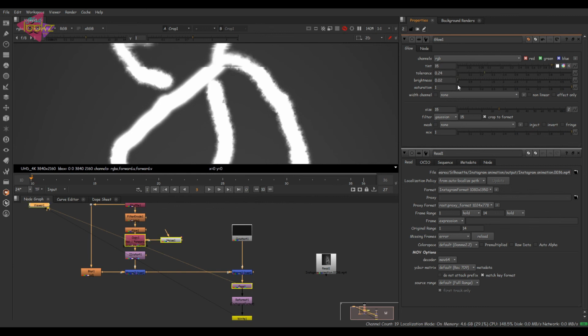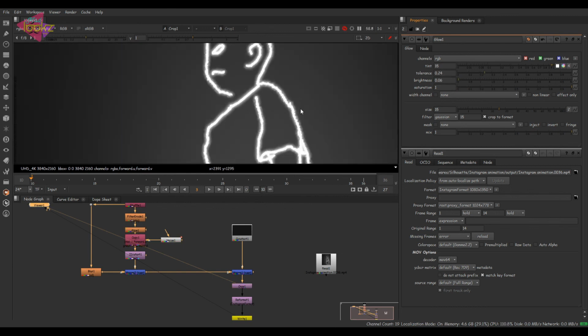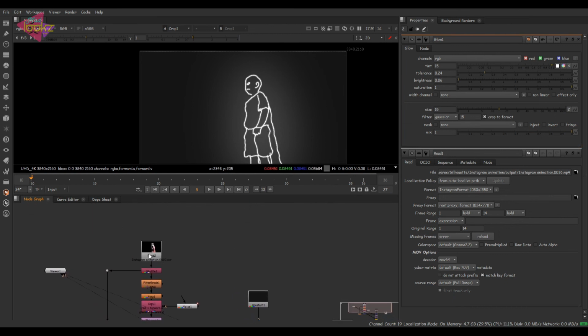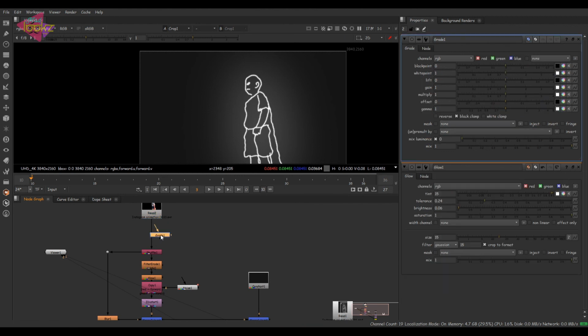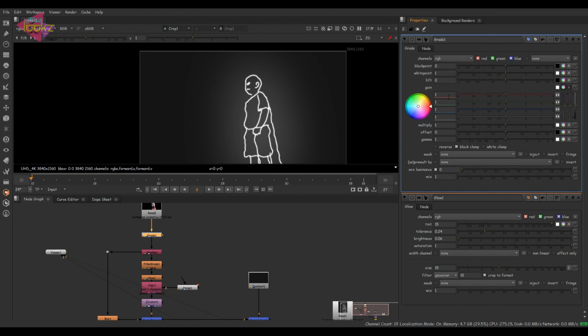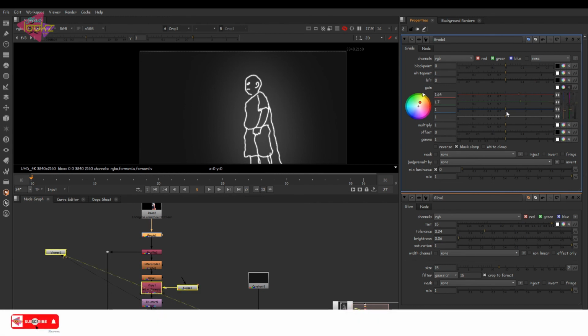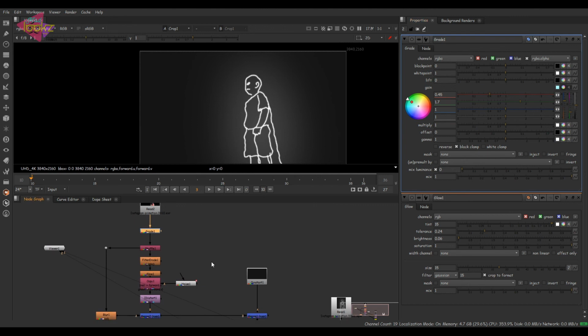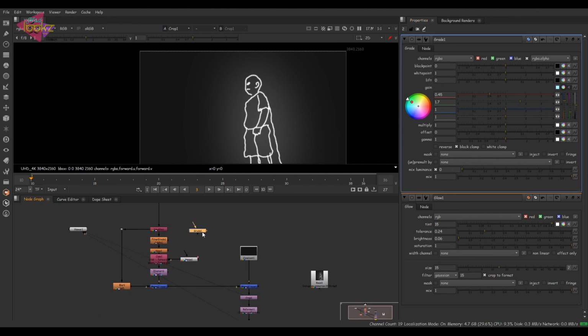You can just play with the glow parameters, and yeah, this is okay. This is the difference we can get from the glow. That's fine. Also, if you want to grade the alpha, or if you want to change the color of the lines, you can simply use a grade here. Okay, it's not coming because we have done something wrong. Choose RGBA here because it should affect alpha also. The basic thing is that we did the grading before the shuffle. We already converted the alpha into all the channels using the shuffle node. So I'm just pasting that grade node after the shuffle node so that it works properly.